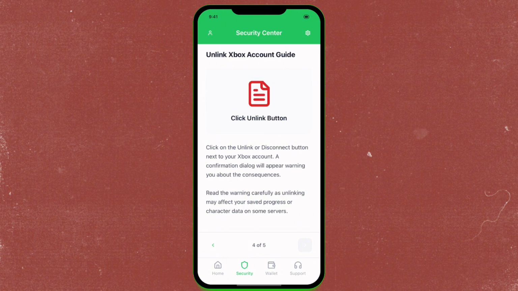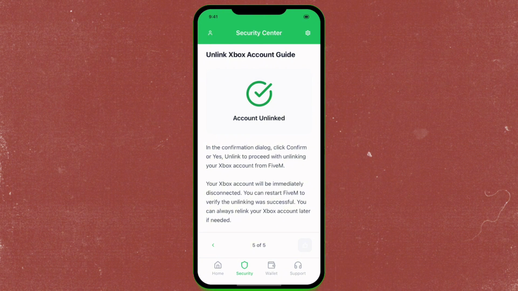So click on the unlink or disconnect button next to your Xbox account, and then a confirmation dialog will appear warning you about the consequences. So you just have to read the warning carefully, as unlinking may affect your saved progress or character data on some servers. Lastly is in the confirmation dialog, just click on confirm or yes, and then unlink to proceed with